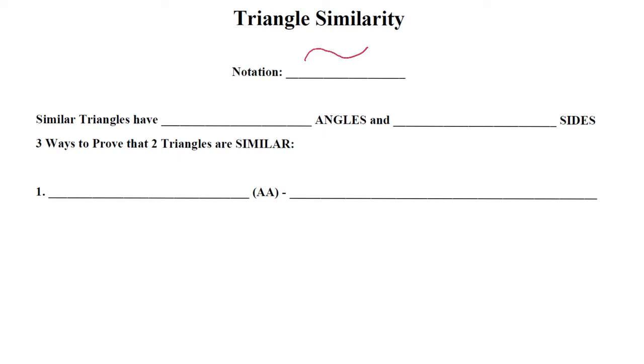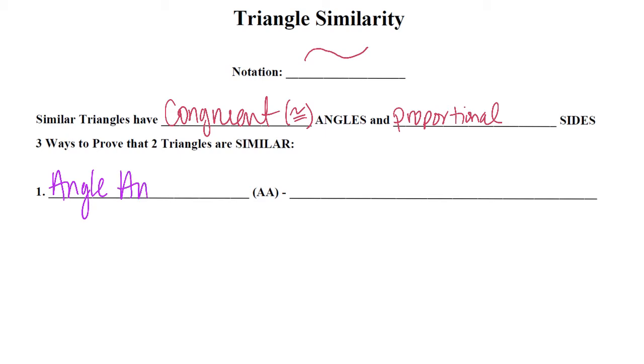So similar triangles have congruent angles, congruent, this is the congruent symbol, and proportional sides. And we're going to talk about what that means here in a minute as well. So there are two or three different ways to prove that two triangles are similar. And the first one that we are going to talk about is AA, which is angle, angle,